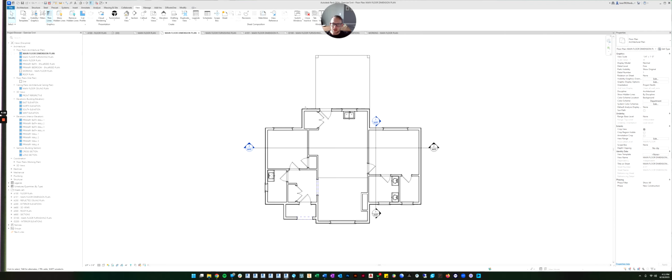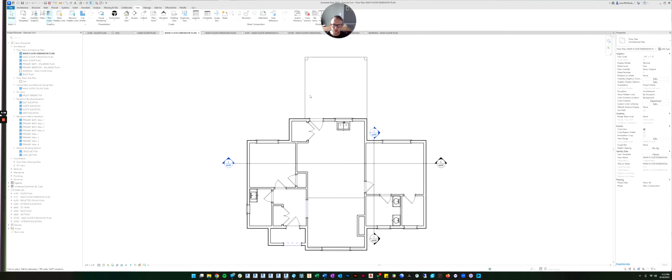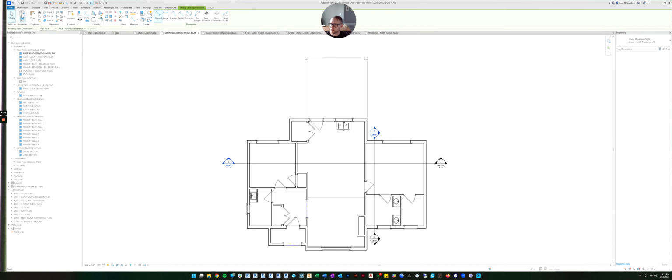Okay. So now we're at our dimension plan. And what we want to do is start dimensioning. So if you go up to the annotate tab, the first thing you can see is an aligned dimension. And if you click that, it takes you to the dimensioning command, and you can dimension lots of things. If you look right here, you can switch to linear, angular, radial dimension. Aligned is the best to start out with.